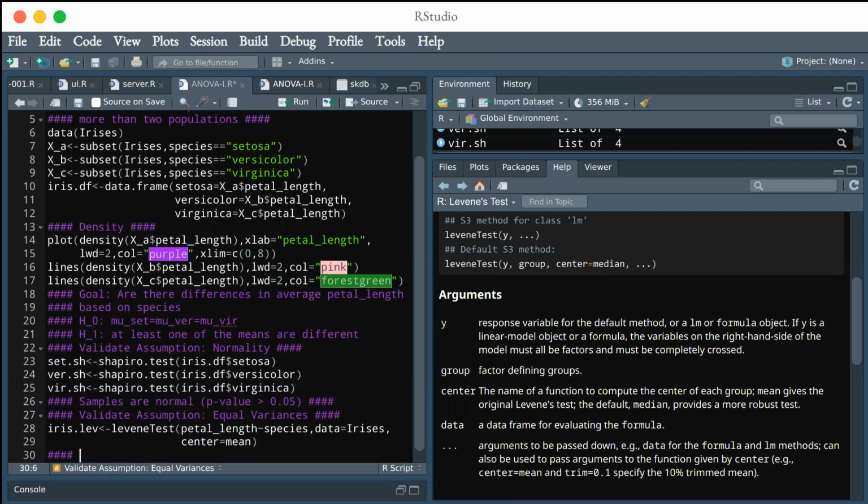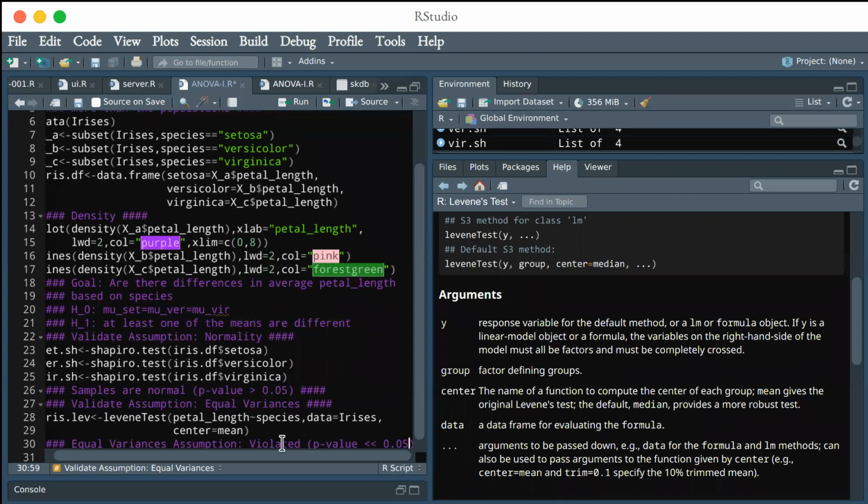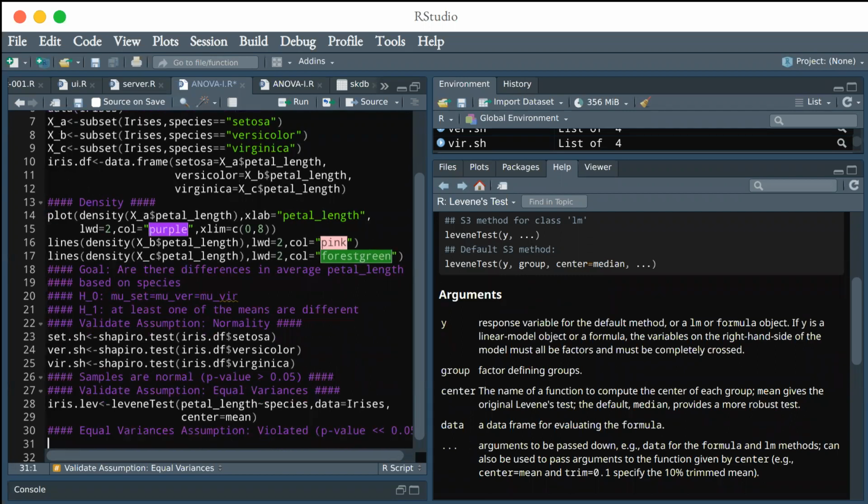So it is violated. P-value extremely small when compared to 0.05. Double less than would simply mean extremely small. Standard notation. You could do triple if you want, but double is standard. But for the sake of the example,